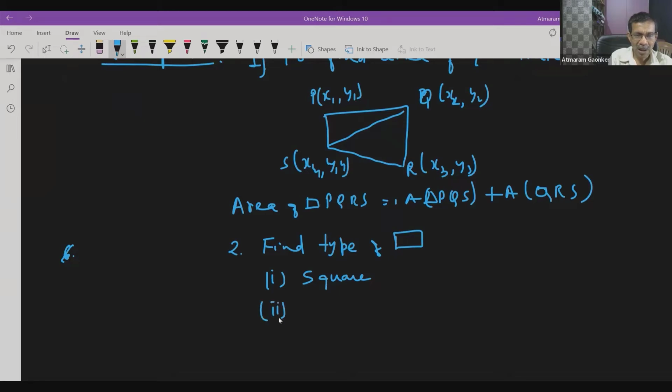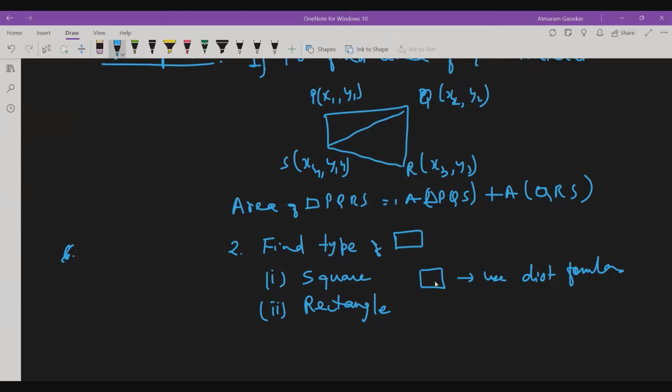Second thing, it can be a rectangle. So if it is a square, then you will have to use the distance formula. And after using the distance formula, if the distances of all four sides are equal,